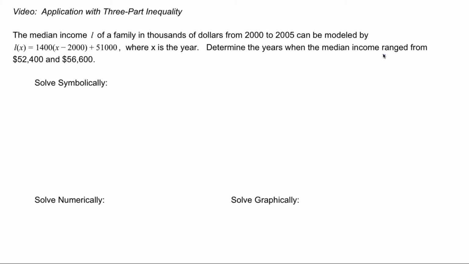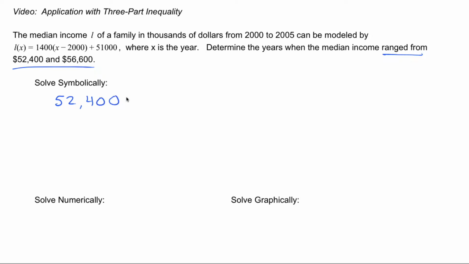So what is this saying? We are looking at a range, and when we look at a range, we think kind of in between. We want the median income to be in between those two values. So we're going to look at this three different ways. We're going to solve it symbolically, numerically, and graphically. So symbolically, meaning algebraically, I want